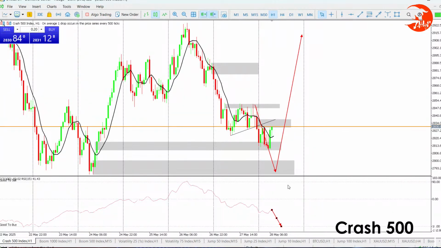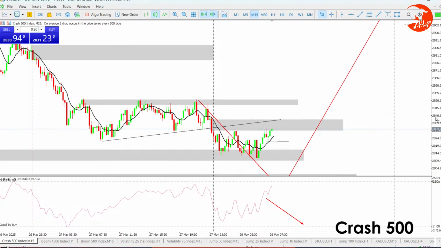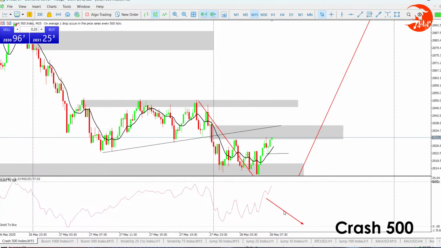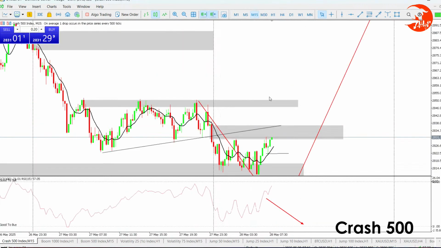Any of those, if we see any of those come around, break of this fair value gap on M15, or probably break of this to give us an entry for sales to take us all the way down to this order block, then we make our entries and make this money. All right, leave this on M15, delete this, and let's go to Boom 1000.